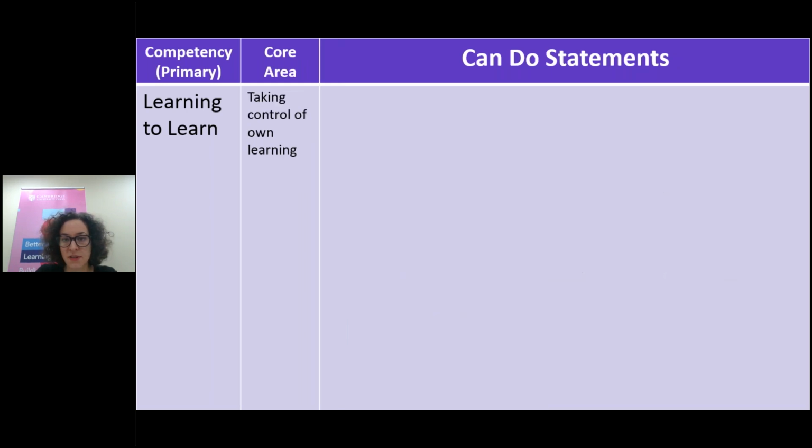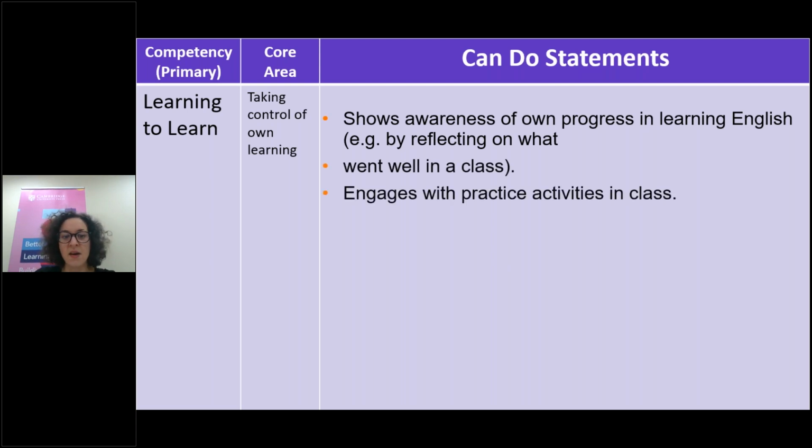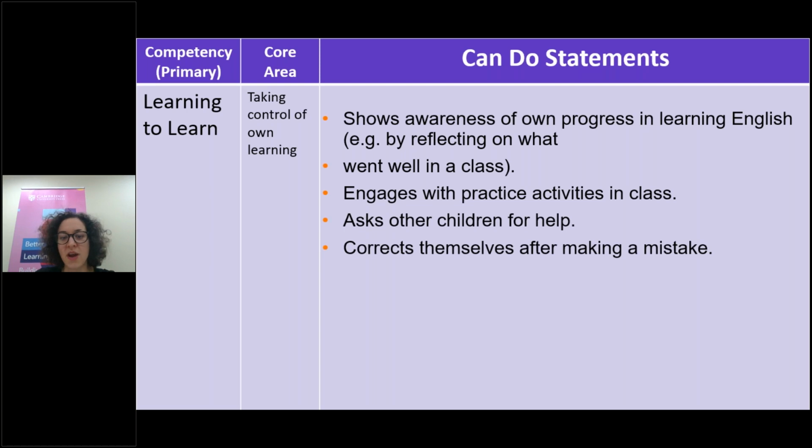Let's move on to the next core area within learning to learn competency. This one is taking control of own learning. Here, students need to show awareness of their own progress in learning English by reflecting on what went well in the class, engages with practice activities in class, asks other children for help, corrects themselves after making a mistake. This is practicing control rather than controlled practice, as we used to think about